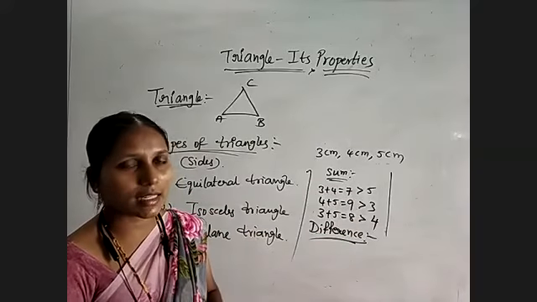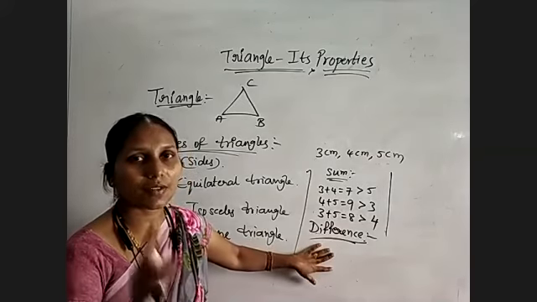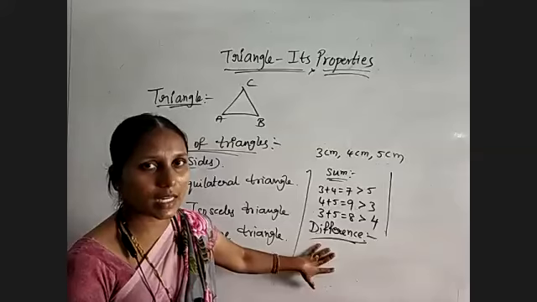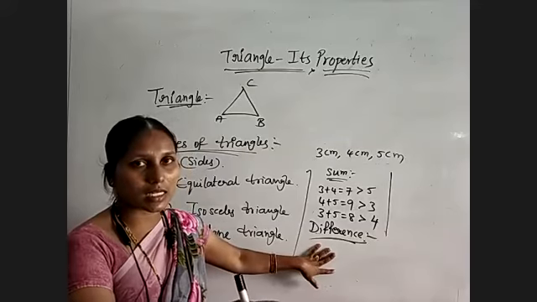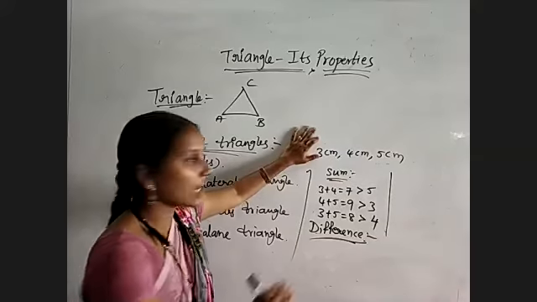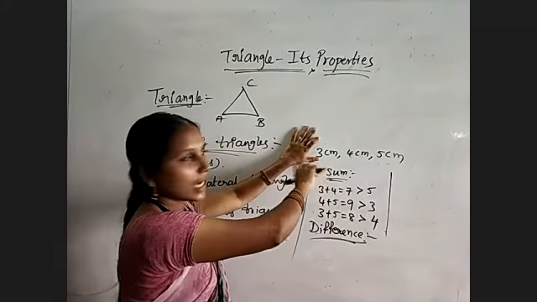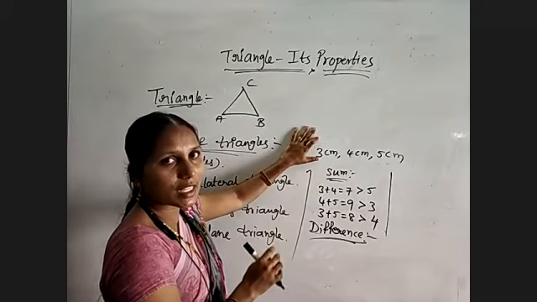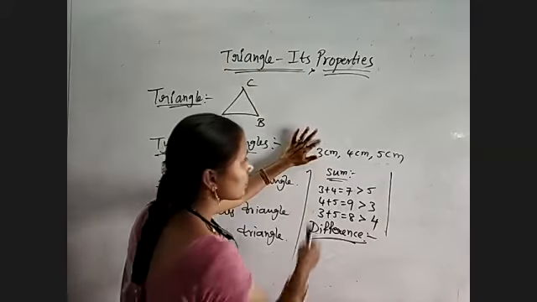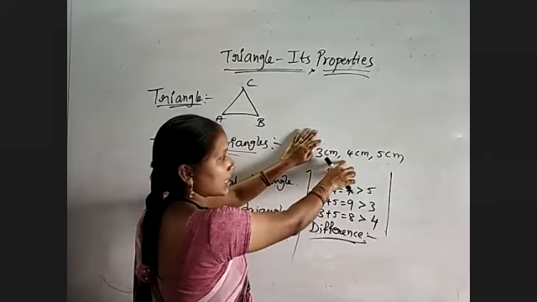Otherwise, we will not get a triangle with the given measures. If instead of the sum we calculate the difference, so if we take the difference of any two sides, that must be lesser than the third side, then only we can form a triangle. So with these measurements, while considering the sum, it is clear that we can form a scalene triangle with the given measures. So we will check with the second property, that is the difference. Take the difference of the first two numbers, that is 3 and 4. The difference is nothing but 1.